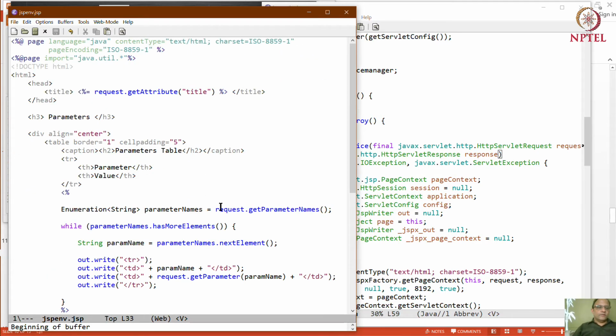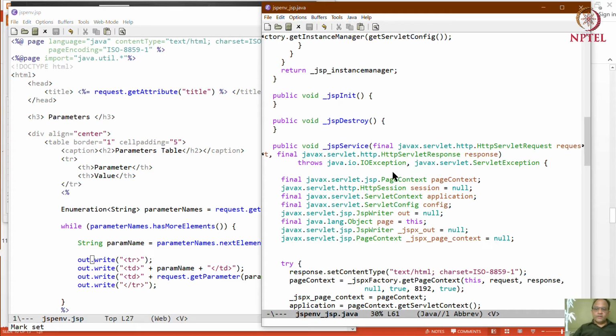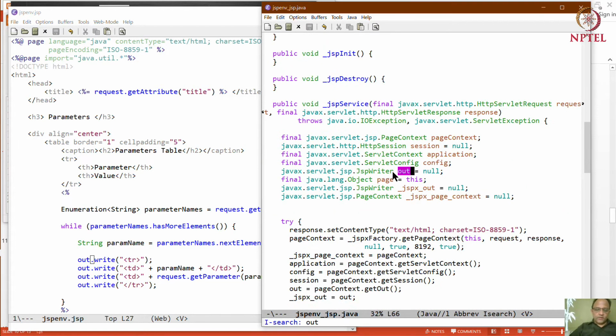So these kinds of things are called implicit objects, and we will look at a few more examples. So request is available and out is available, and these are well understood because of the same kind of thing that we do here, which is out is explicitly defined as one of the variables in this JSP service. So all of these are implicit values. So page context is there, and session is there, and application. We haven't used all of those, but just to let you know that this is where these implicit objects come from. They are names which are automatically generated by the system.